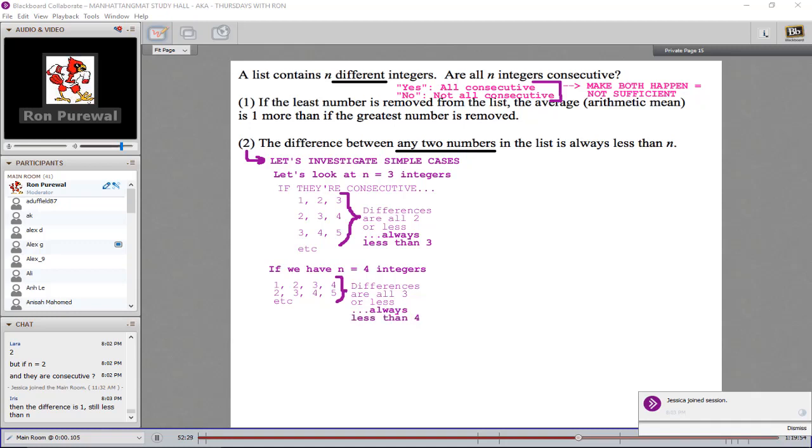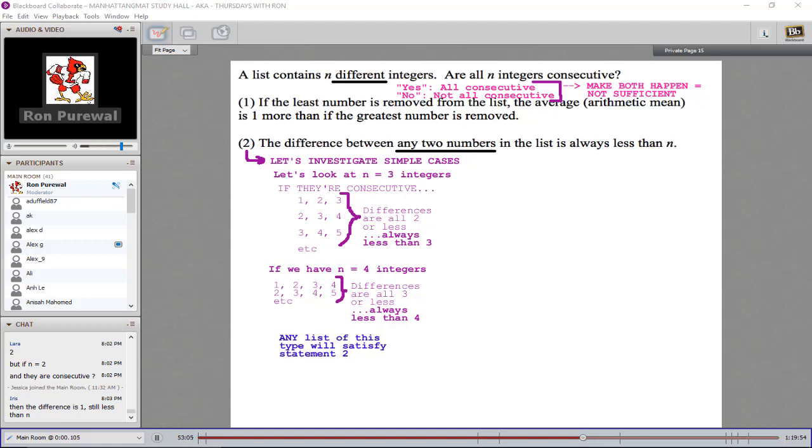So the point is that these lists are always going to satisfy statement 2. And if you look at any number of integers, it's going to be the same way. Like if you have 10 integers and they are consecutive, the biggest difference is going to be 9. So, yeah, if n is 2, it's the same thing. You'll have 2 in a row, and the difference will be 1. So it'll still work. So basically, any list of this type will satisfy statement 2, and it's going to give you yes,